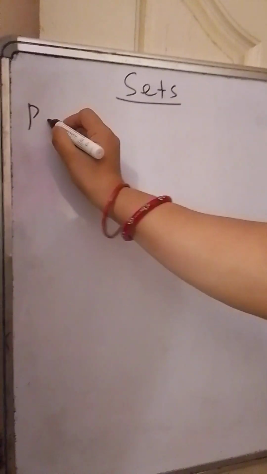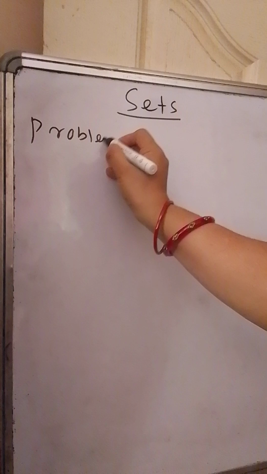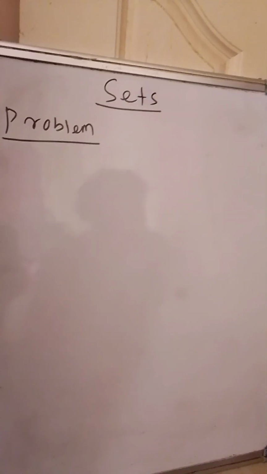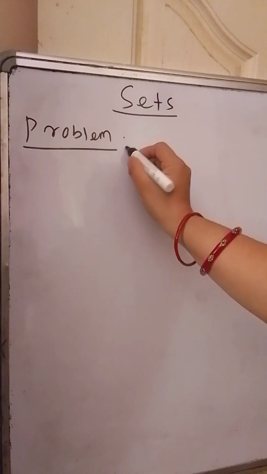In the previous class we discussed types of sets: empty set, finite and infinite sets, equal sets, and also discussed some problems related to those sets. Homework was given. I think all of you have solved it. If you find any doubt, post it in the comments. So today let us start with a problem based upon the sets we discussed in our previous class.